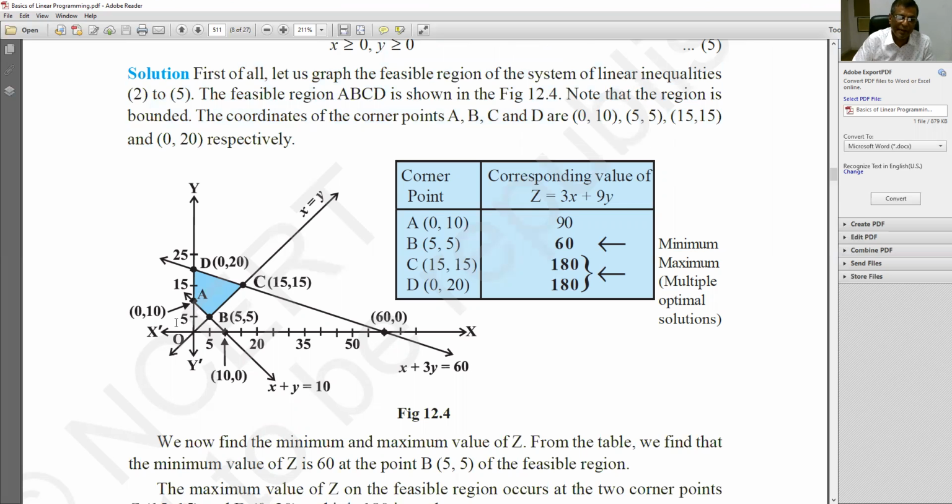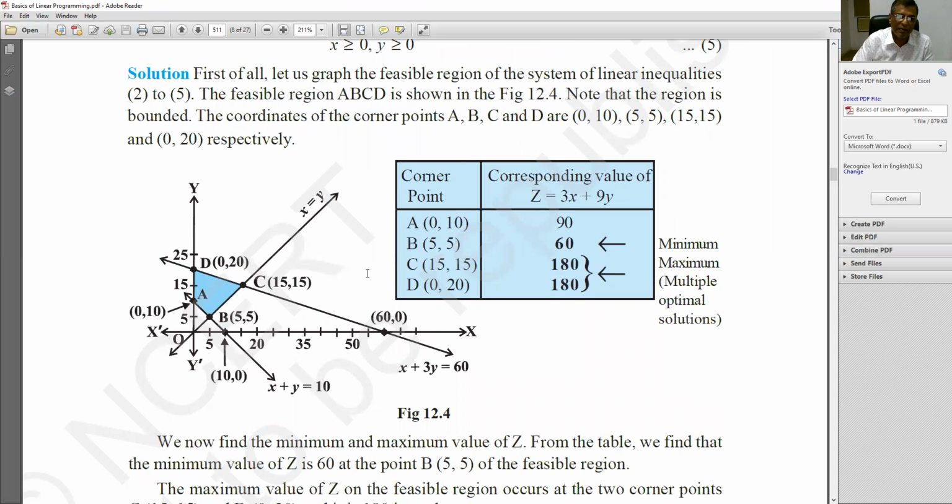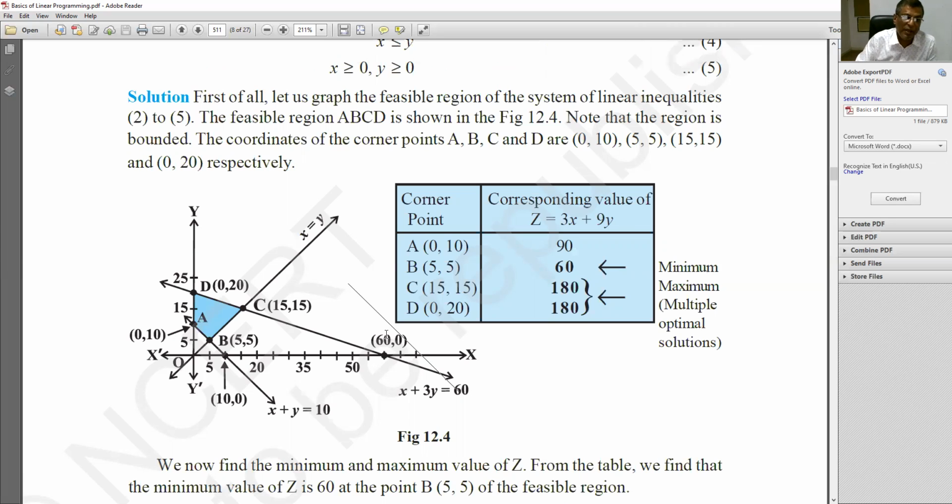Now you take the x-axis and y-axis, and the maximum value of x among the points you have taken is 60, that is 60, 0. So you can take an interval of 5 or an interval of 10. You can take 5, 10, 15, 20, 25, 30, 35, and so on up to 60. This is the value of x, and y is up to what? The maximum value of y is 20, so we are reaching up to 25 on the y-axis.